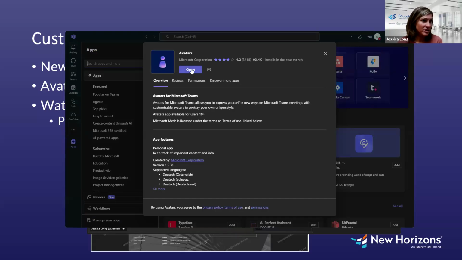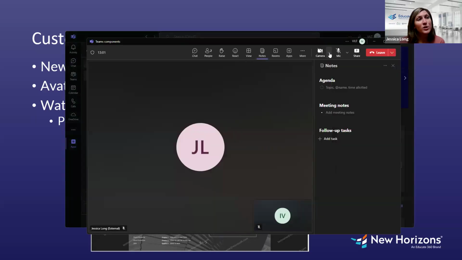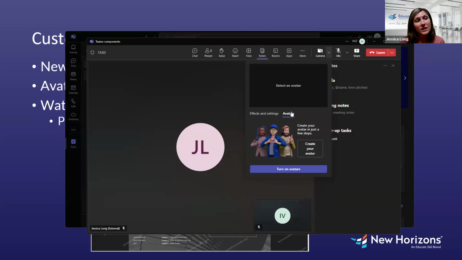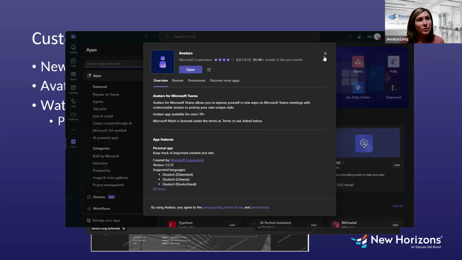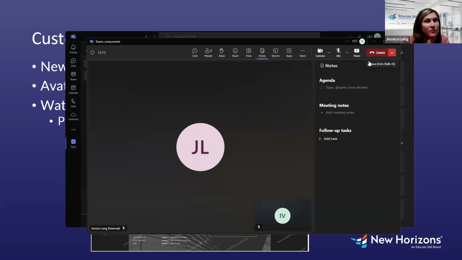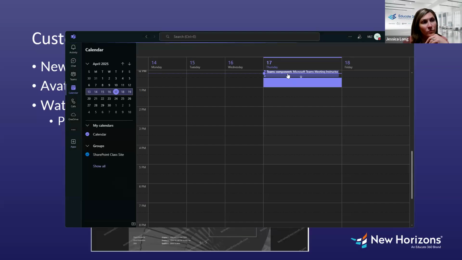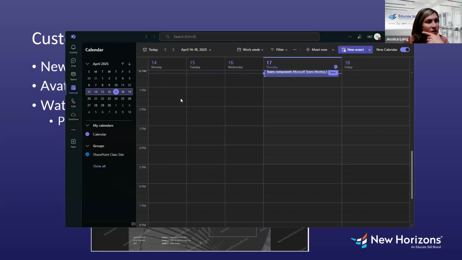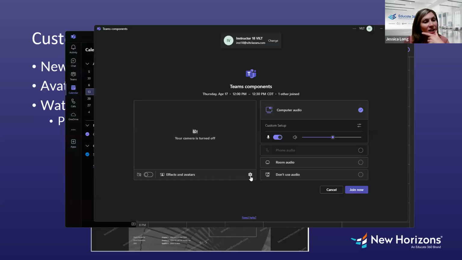Mine's having a fun glitch while I'm in the meeting here. But I do know you can get it from your meetings, whether you're starting a meeting or not. Mine is glitching out at the moment, but you would need to add the app. I do know, and I'm going to close this out for a second, I do know when I join a meeting, when you do that join screen, if you hit the gear next to your avatar,